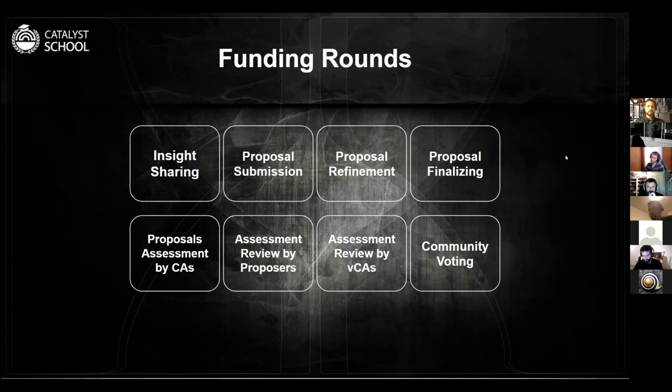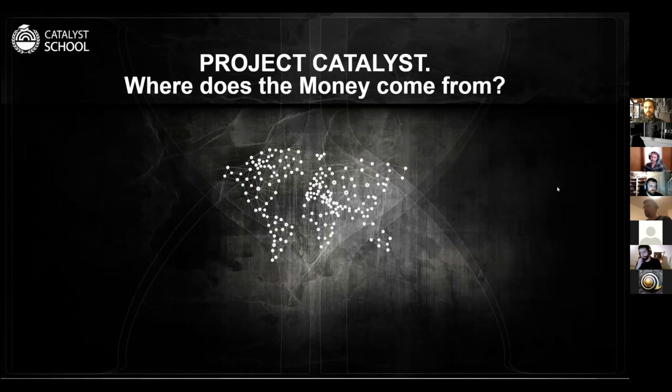And there is this concept of an approved proposal, which is when a proposal receives at least 15 more upvotes than downvotes. In this case, it's approved. It doesn't mean that it's funded, because the funding occurs based on the sequence, from the most voted ones to the least voted ones. And we're going to talk a little bit more about this in the next slides as well.